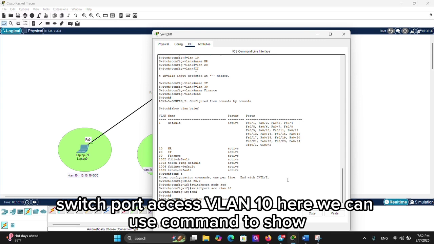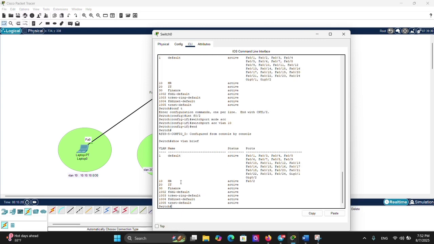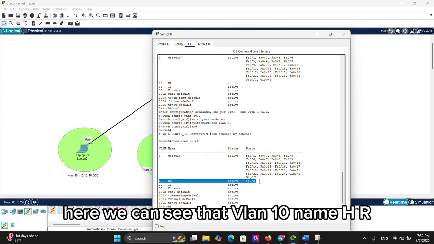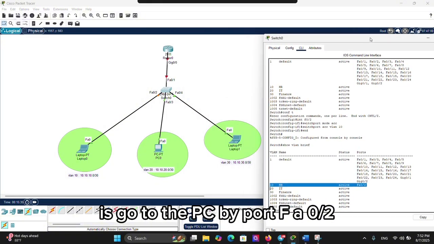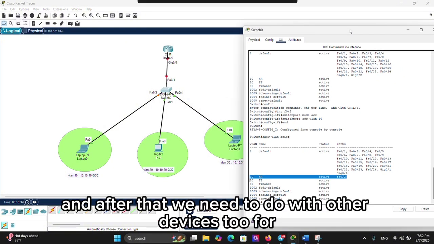Here we can use the command show VLAN brief. Here we can see that VLAN 10 named HR goes to the PC by port FA0/2,